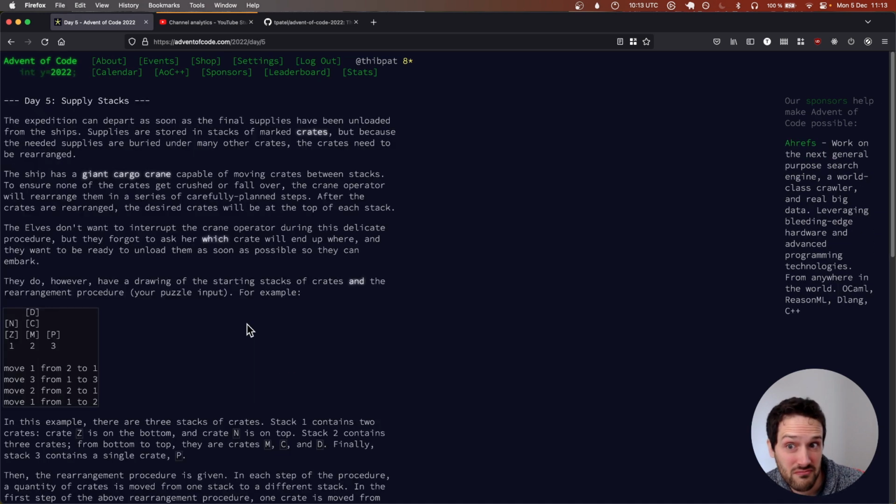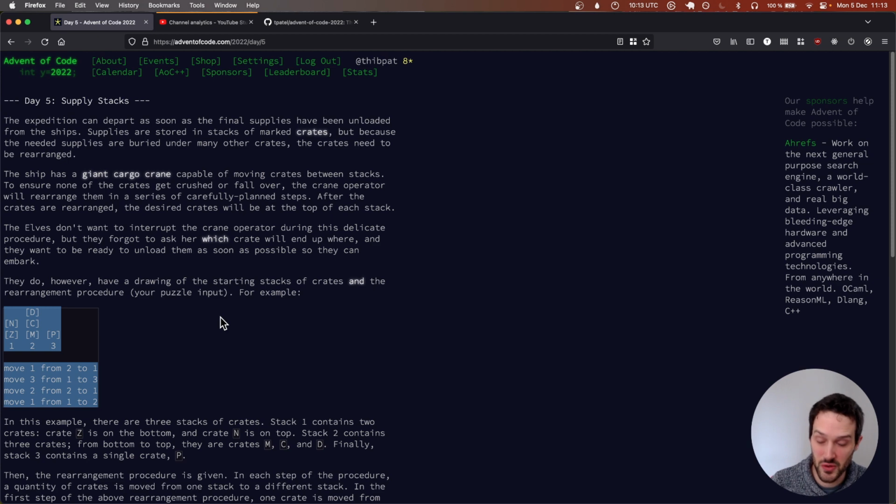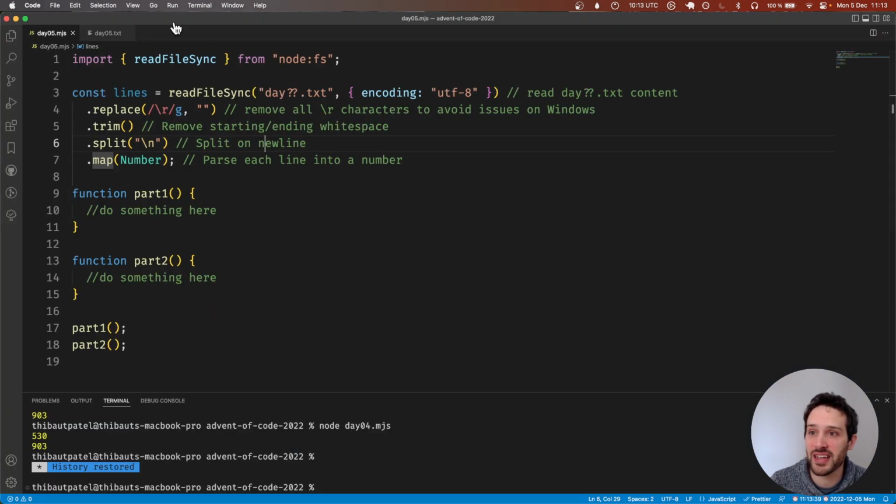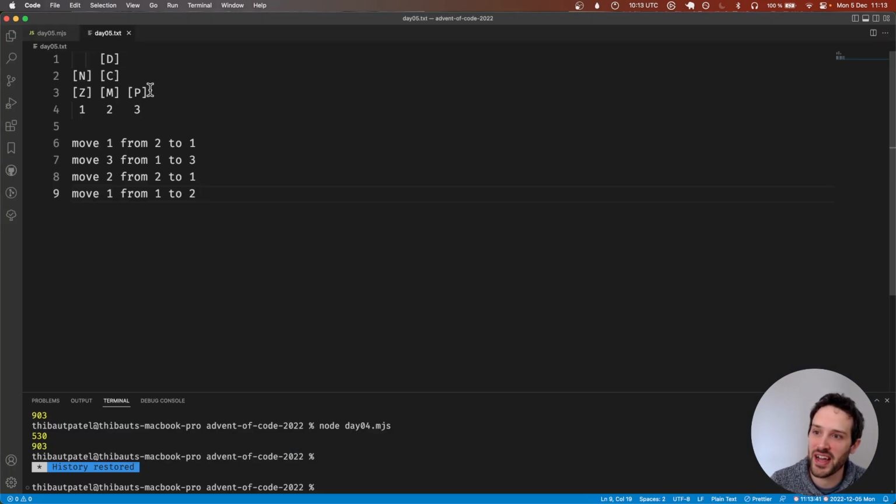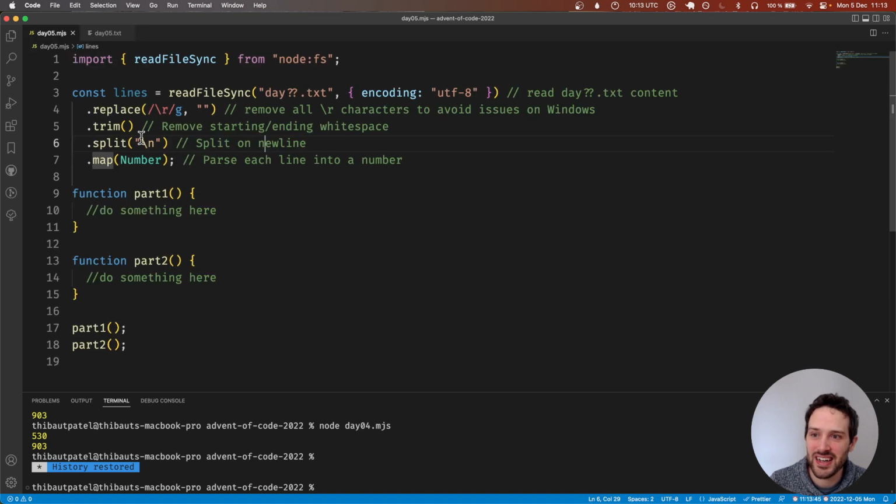You know what? I think it's a good time to get started. Like every day, we copy paste the example inside our local text file. Oh, this is gonna be fancy. And we start with